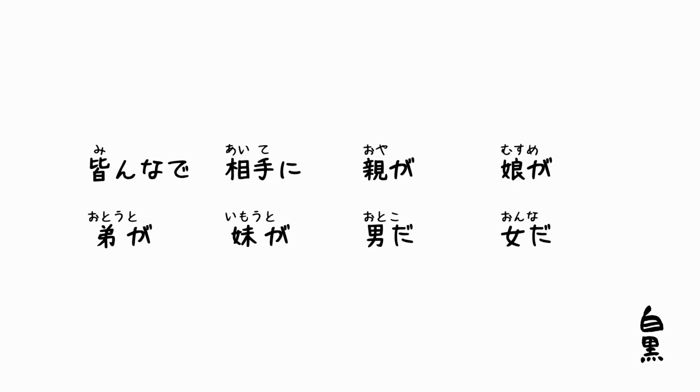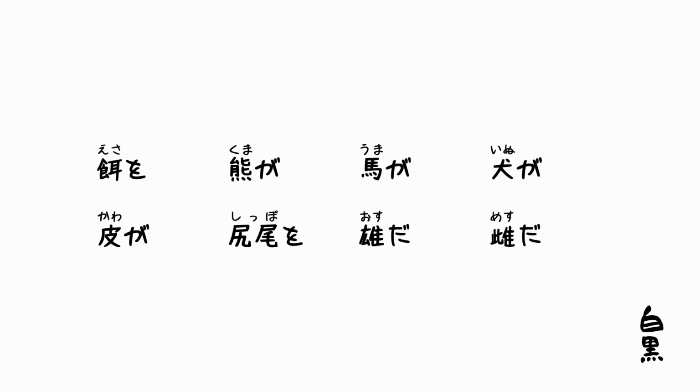Next, words related to people. みんなで、相手に、親が、娘が、弟が、妹が、男だ、女だ。And words related to animals. 餌を、熊が、馬が、犬が、川が、尻尾を、オスだ、メスだ。